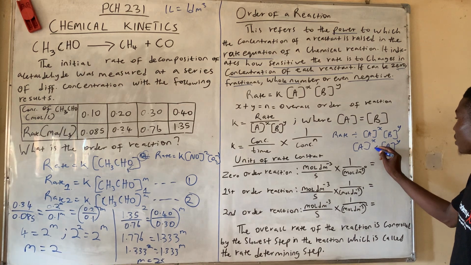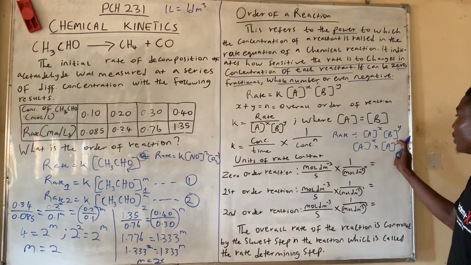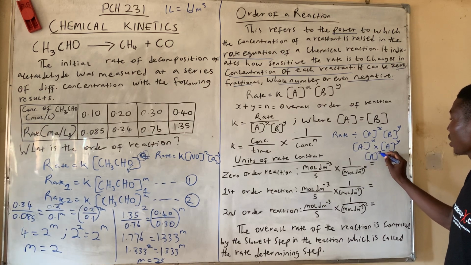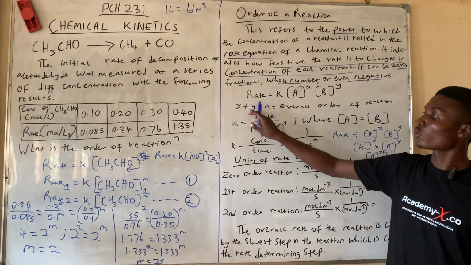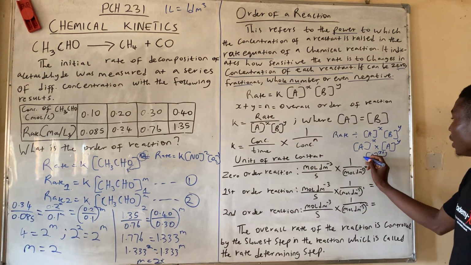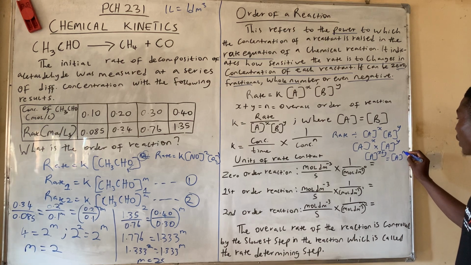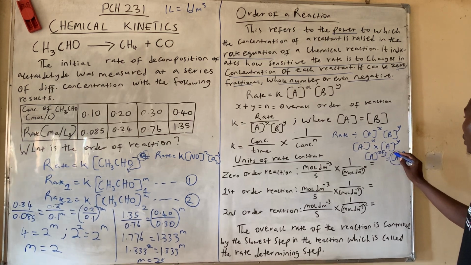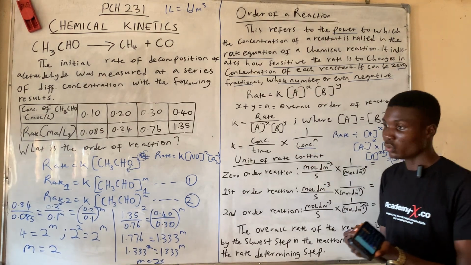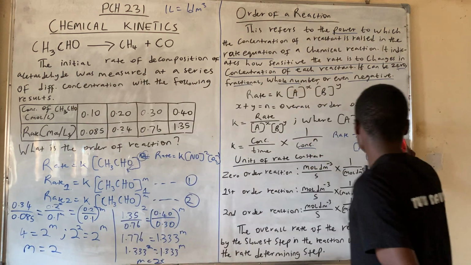In indices, since they are the same base, you simply add the powers. So you now have A raised to the power of x plus y. I've already said that x plus y, we are denoting by n. So it's now A raised to the power of n. This A raised to the power of n is what we now refer to as concentration. And just for the purpose of clarity,